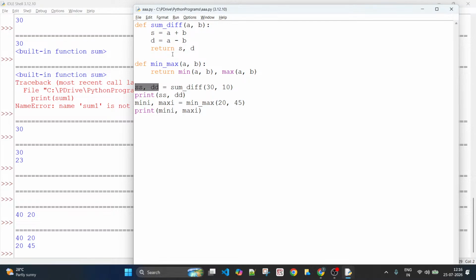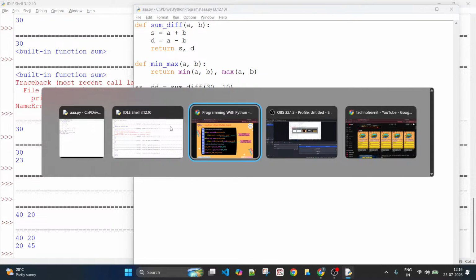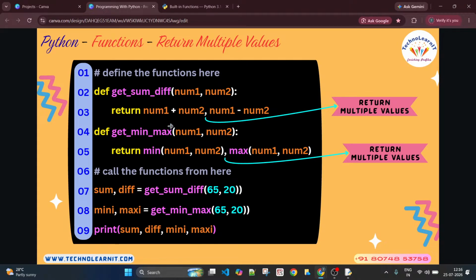Why? Because you are not just getting one value out, you are getting two values. So you have to put two variables on the left hand side when you are calling that function. If this function returns three values, for example, you need to put three variables on the left hand side. That's how you capture the return values into different variables. That is how you can return more than one value from a function.